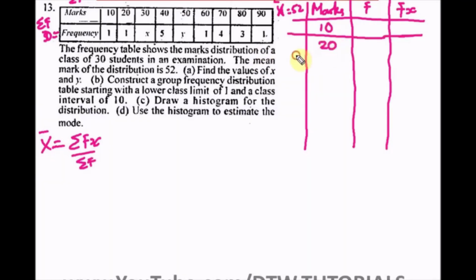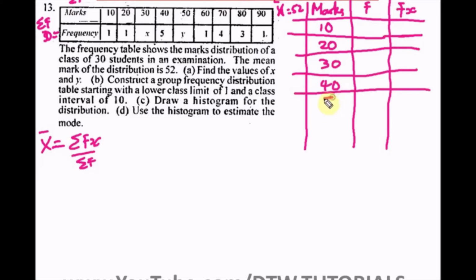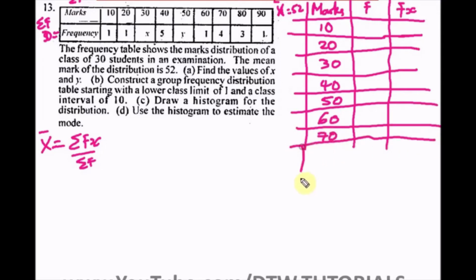We have 20, we have 30. It's always good you separate it, okay, so you don't mix up the numbers. We have 40, we have 50, we have 60, we have 70, we have 80, and we have